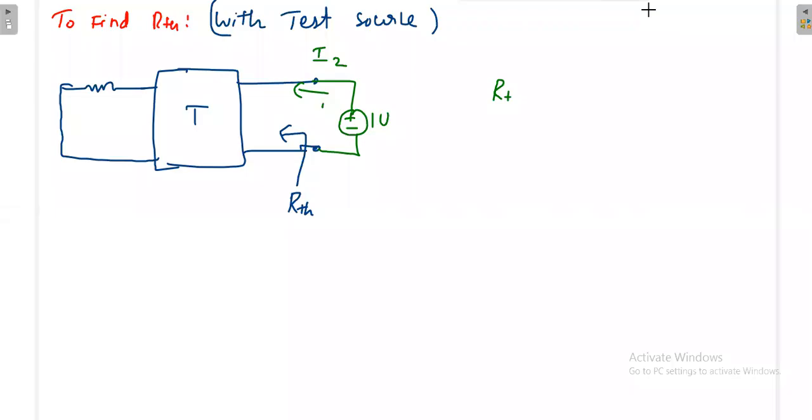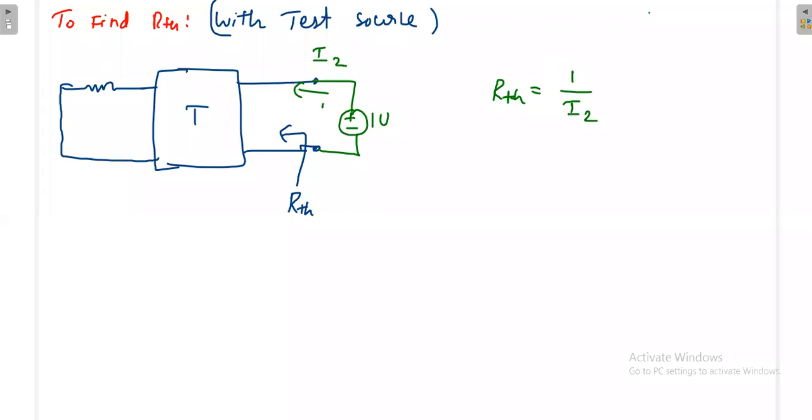Okay. So to find RThevenin, we'll short circuit the source and also remove the load. Now this is the skeleton network. For this we will connect a source. Then what is the total current drawn from the source? That current is I2 here, because whatever current enters this way, we'll call it I2. So finally RThevenin is equal to V by I, that means 1 by I2. So our aim is to find I2. Once you know I2, you apply this ratio and you will get RThevenin.